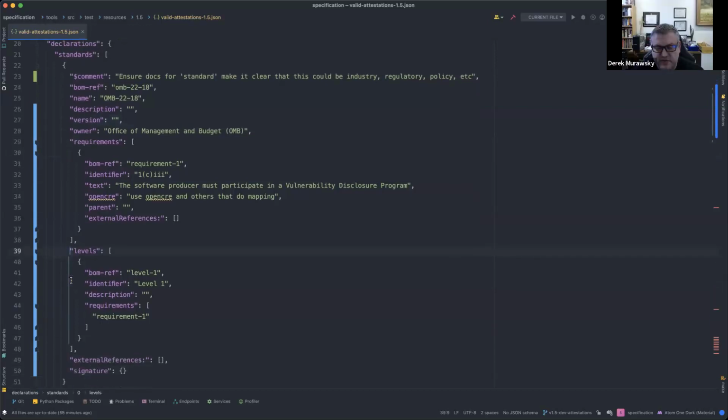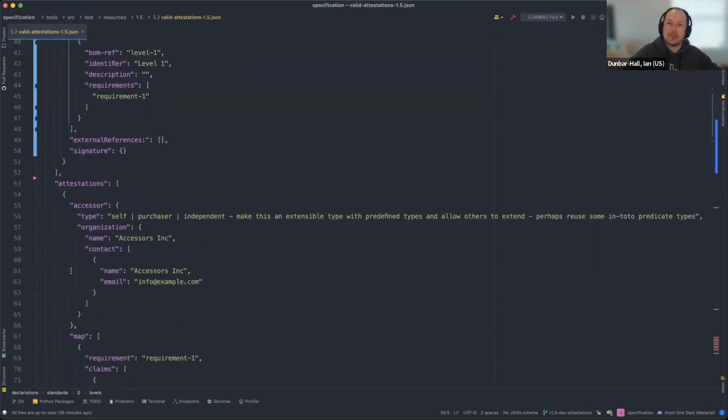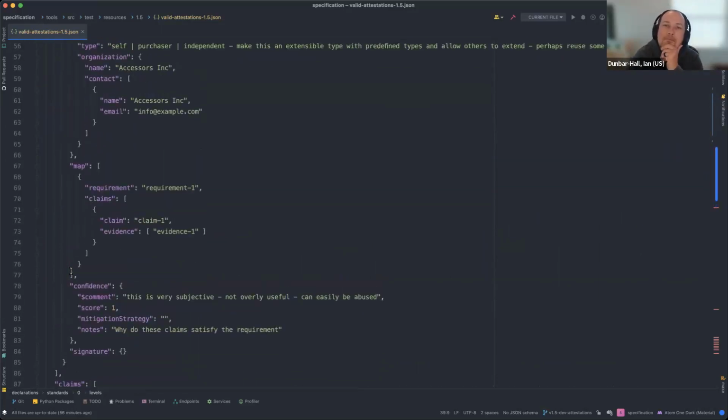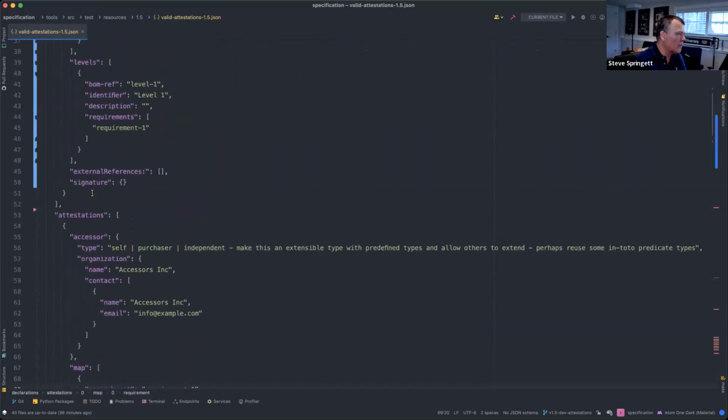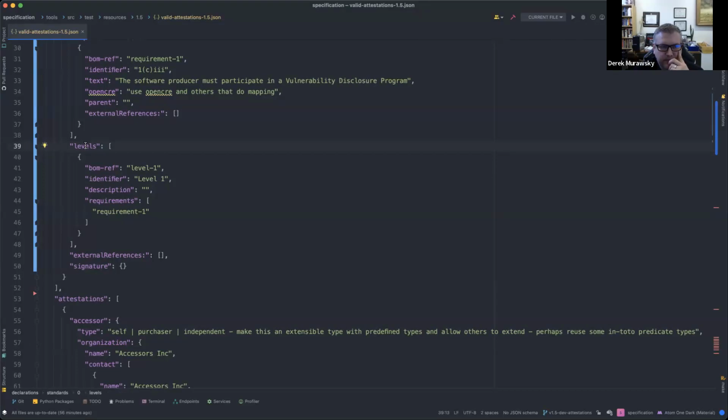Well, it says that you're working towards that level, but you haven't reached it yet. Our attestations are for the requirements themselves, not for the levels. And I think if we keep it that way, we'll be fine, because I don't think we should be attesting to the levels. But we'd be able to infer that based on this path, right? So we know we meet requirements X, Y, and Z. Are we at level 1 or level 2?